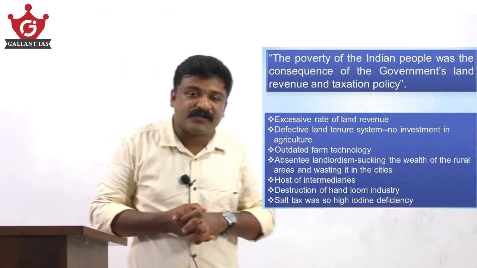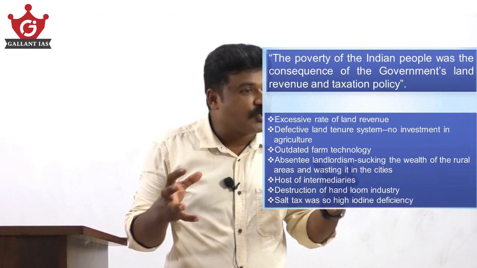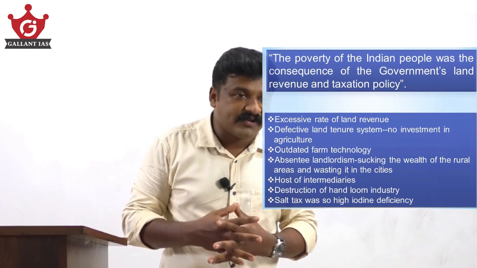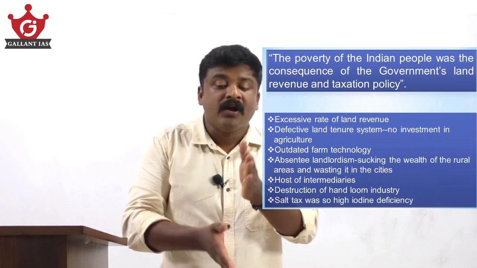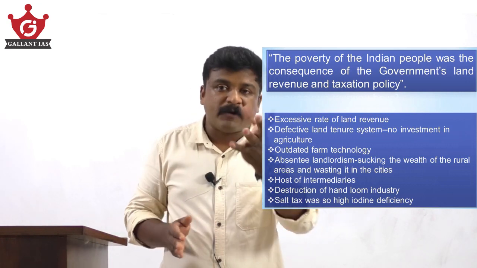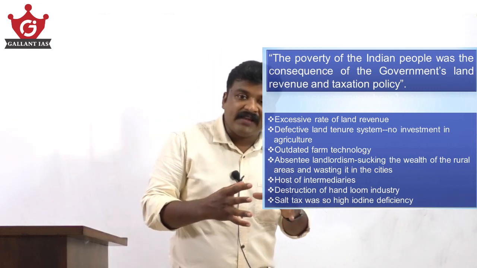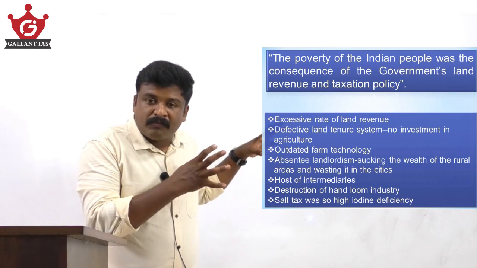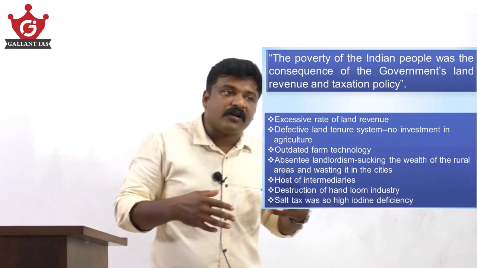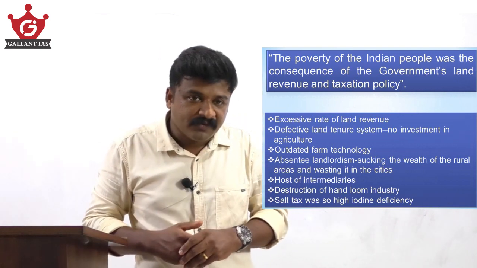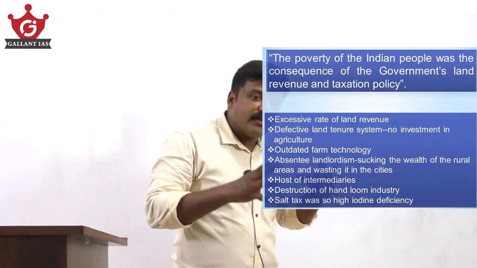Destruction of the handloom industries. Initially, the farmers were producing a large quantity of raw material for these cottage industries. Now many people returned to agriculture. There is overcrowding in agriculture, fragmentation of the land, surplus production is also regulated, and there is a tax burden on the farmers. So they are not in a position to produce raw material for their cottage industries. Even the British demand was for cultivating cash crops instead of food crops. All the industries associated with agriculture were also